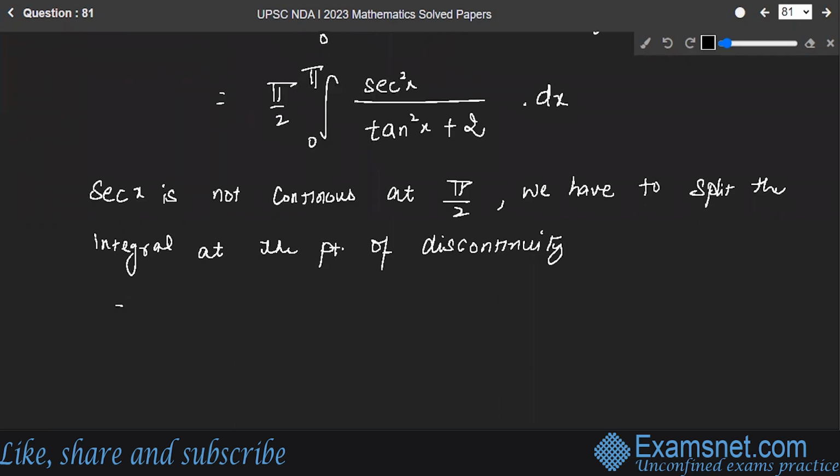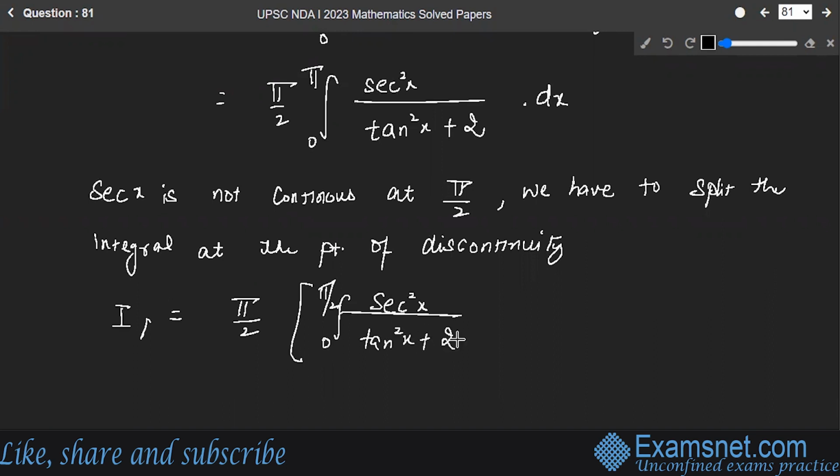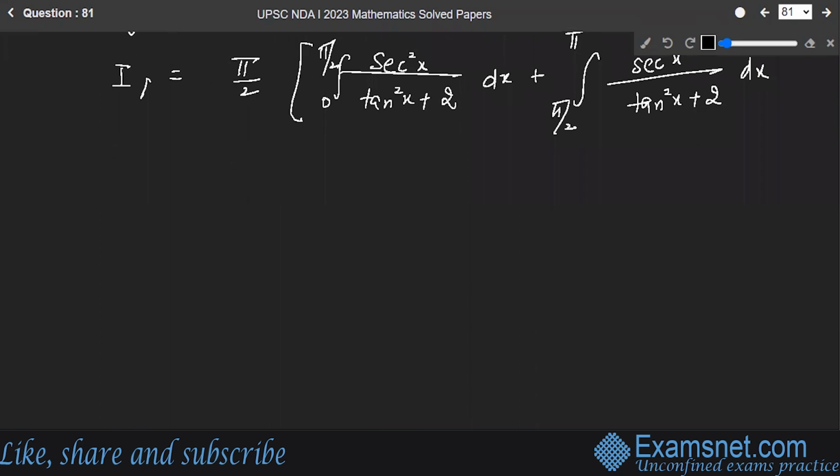So I1 will become pi by 2, limits 0 to pi by 2, secant square x upon tangent square x plus 2 dx plus integral of pi by 2 to pi secant square x upon tangent square x plus 2 dx. Now let's put this tan x